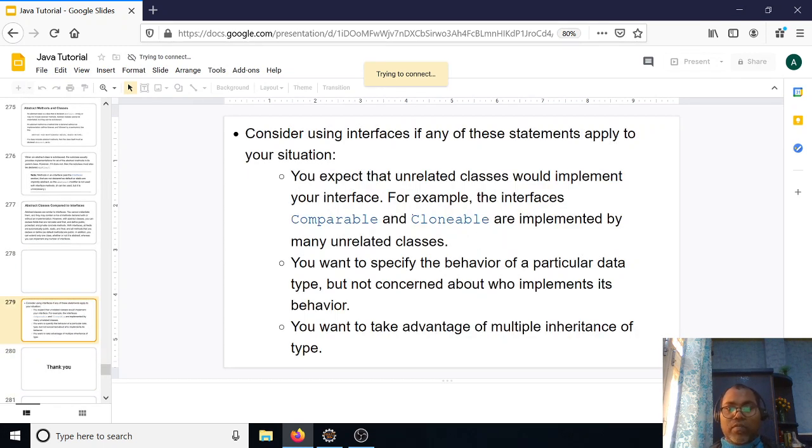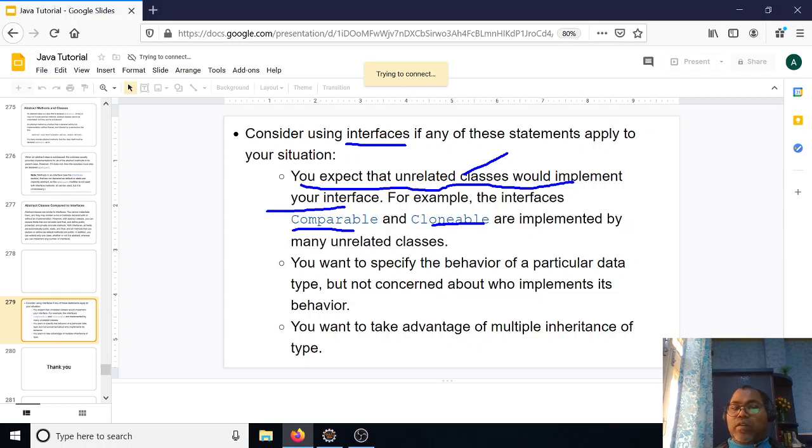In the case of an interface, similarly, you expect that unrelated classes require the implementation, just like unrelated classes implementing multiple interfaces such as the Comparable interface and the Cloneable interface.